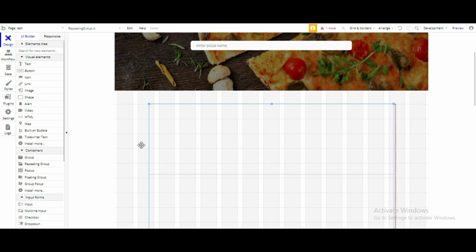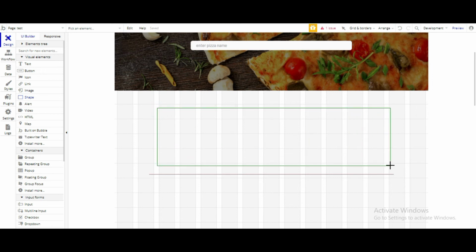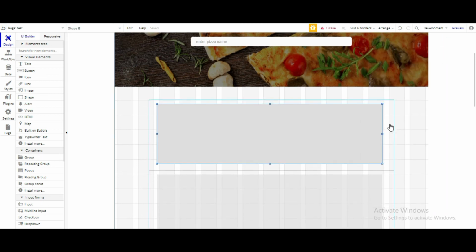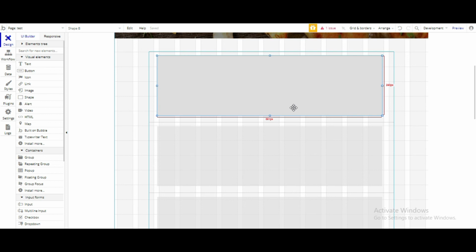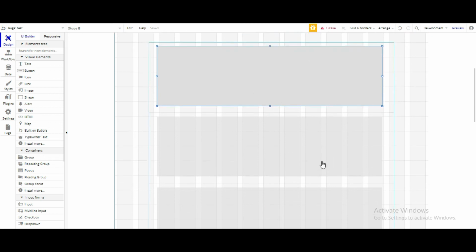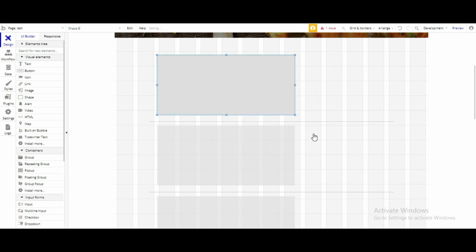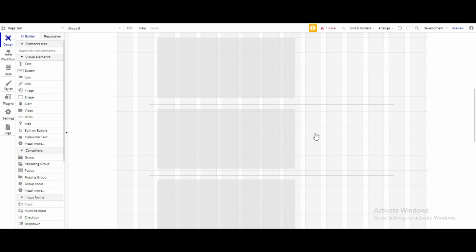So let's just add a shape in our first block. Let's just create a shape. The size is fine. See, as soon as I created shape A in the first block, it repeated itself in all other blocks. Now whatever the changes I'll make in my first block, all those changes will appear in all other blocks as well.